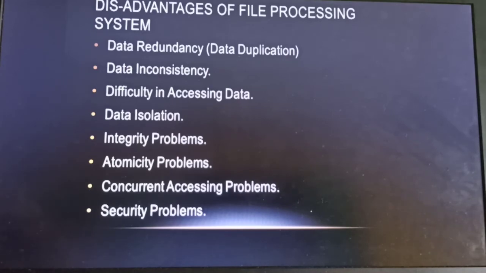As the data was scattered in different files and whenever need arises, different application programs were written by different programmers in different formats. For example, suppose that an account department of college wants to find students with particular address,